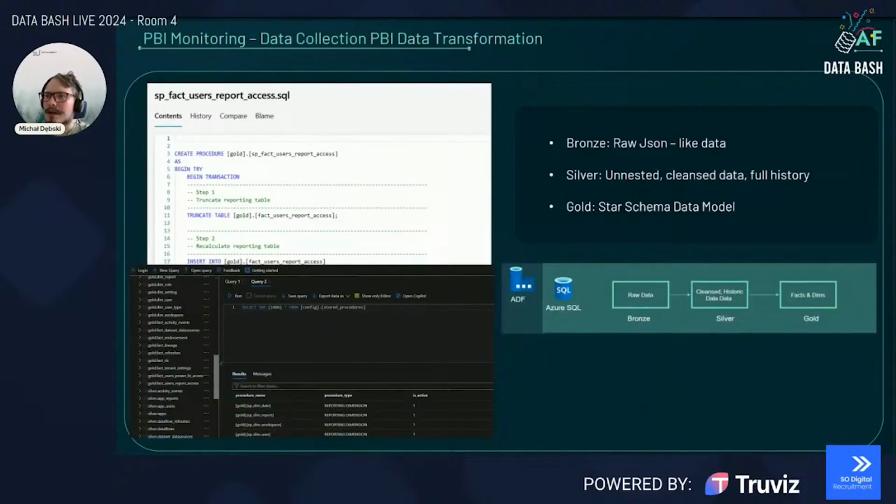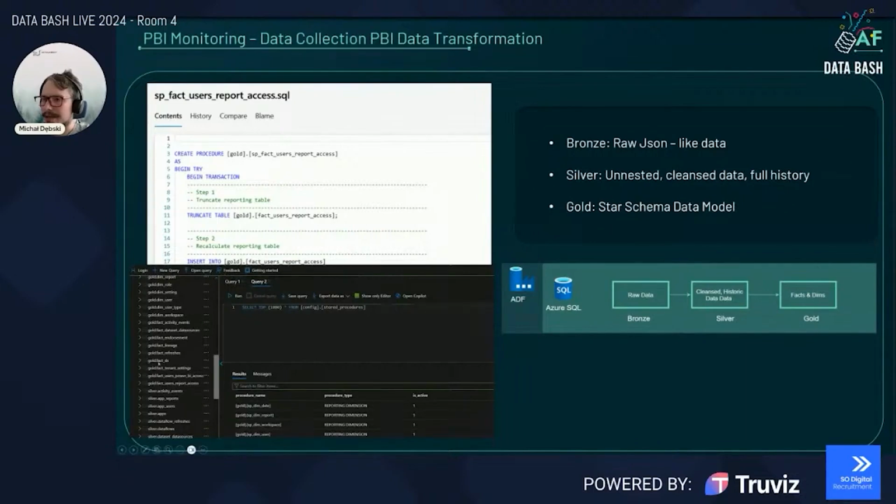Okay, so this is a short example of the data warehouse. You can see a few facts. I will show you very briefly how it looks on the report level. Most of the facts are snapshot facts. So this is something to consider as well, that normally, for example, this fact, the one which is called